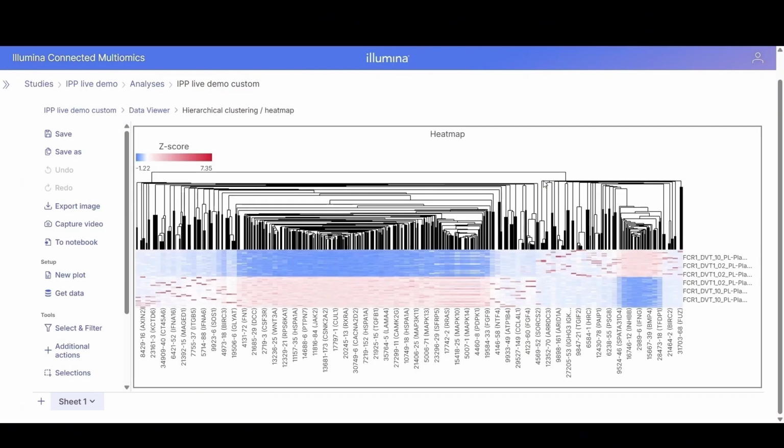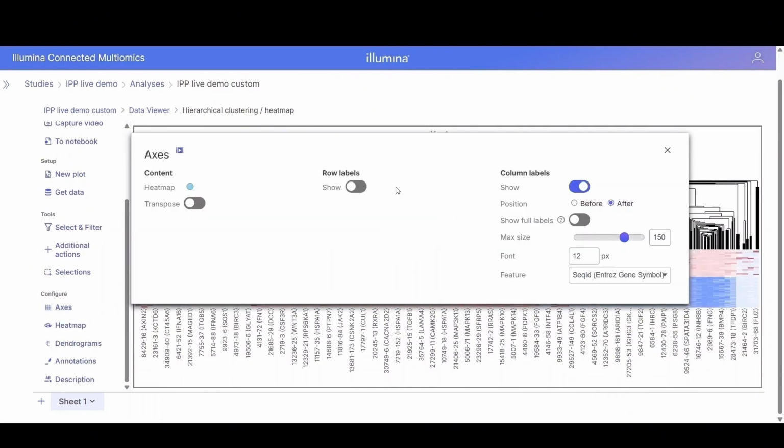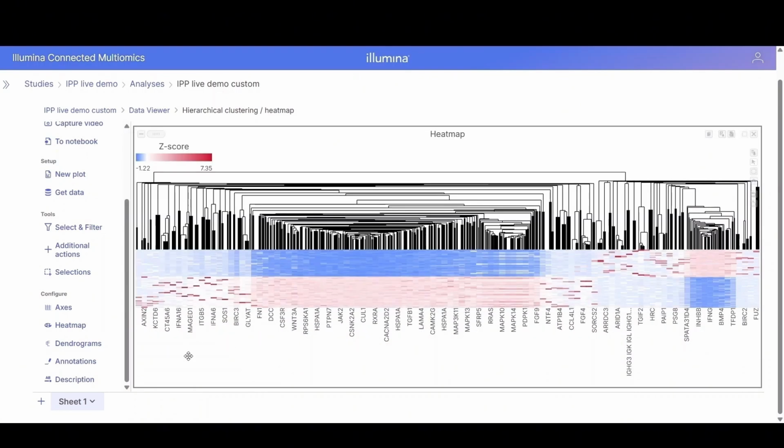By default, samples are on rows, proteins are on columns. Let's go through the configuration here. Click on Axis. We can turn off the sample name labels. Make the column labels only show gene symbol. In Heat Map dialog,